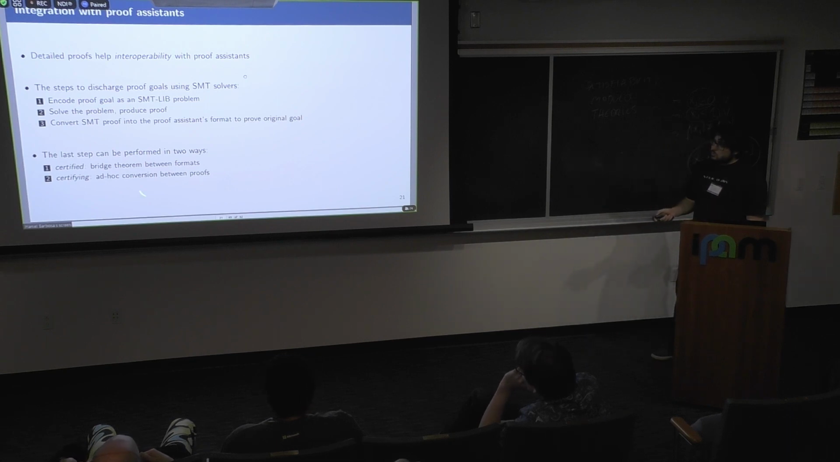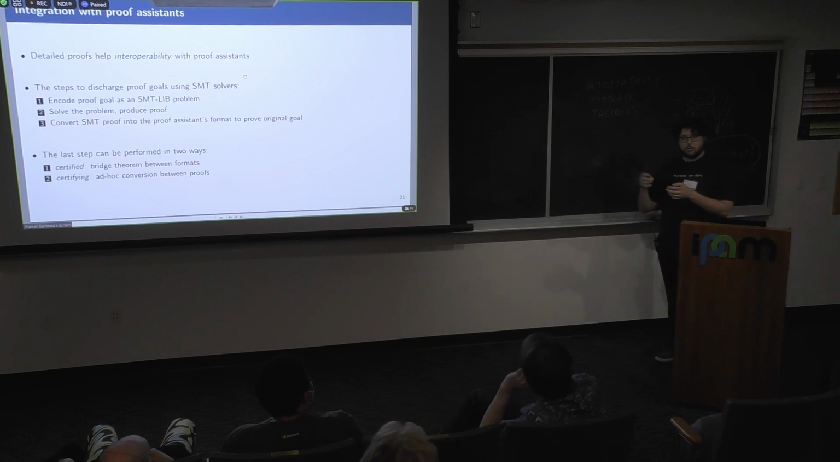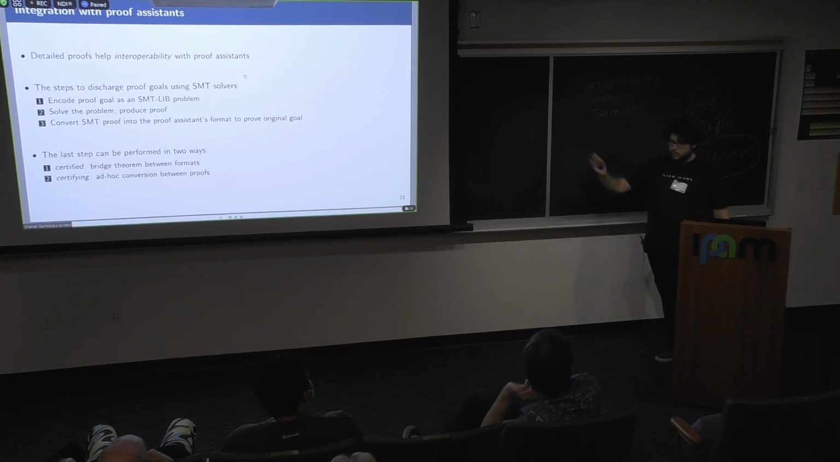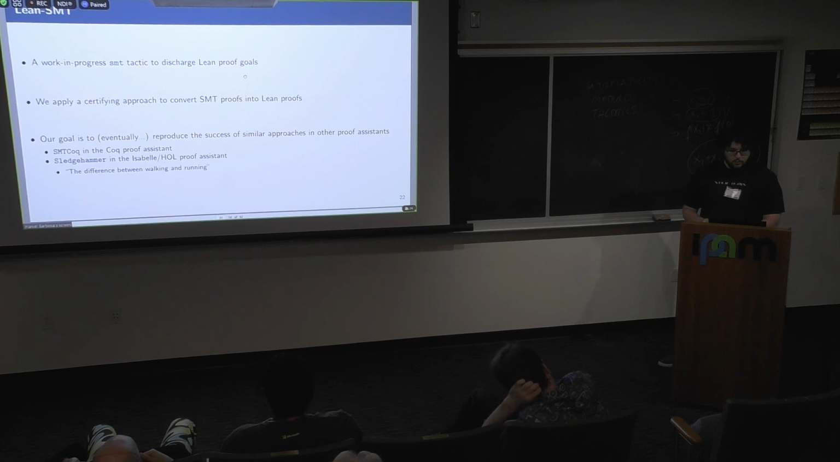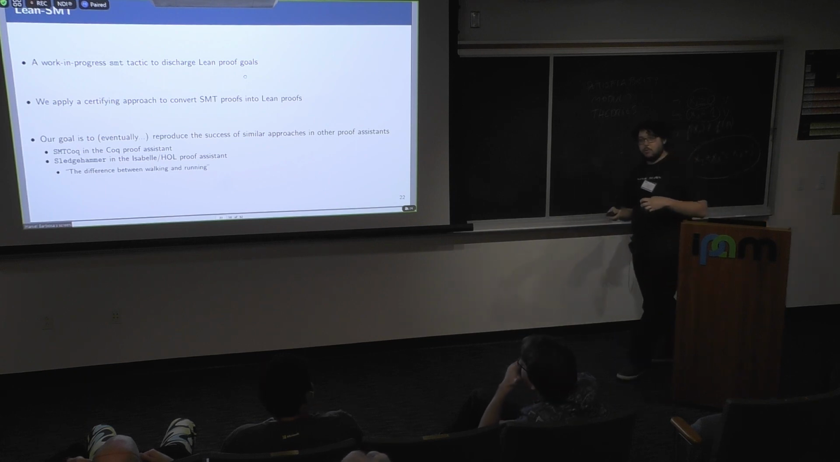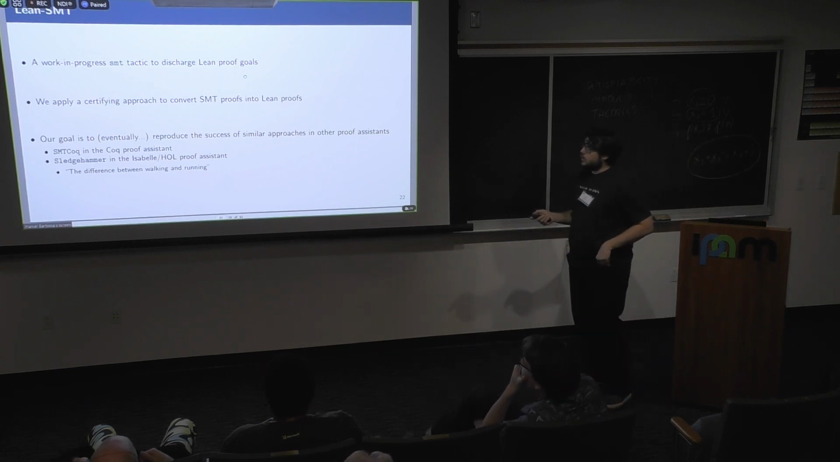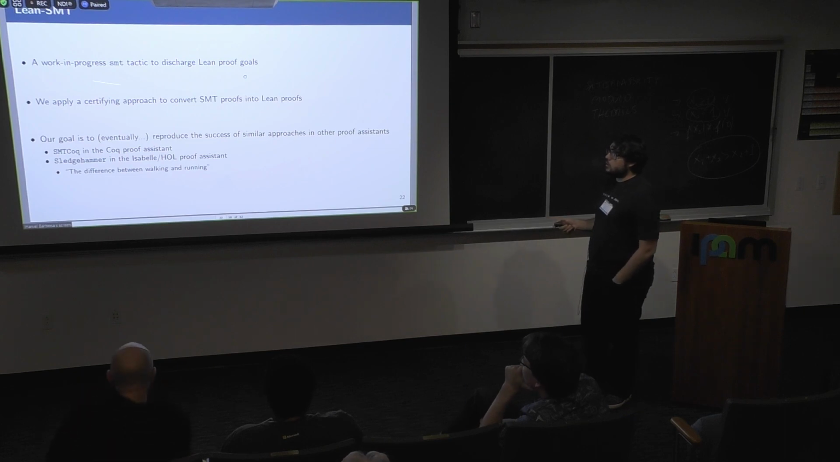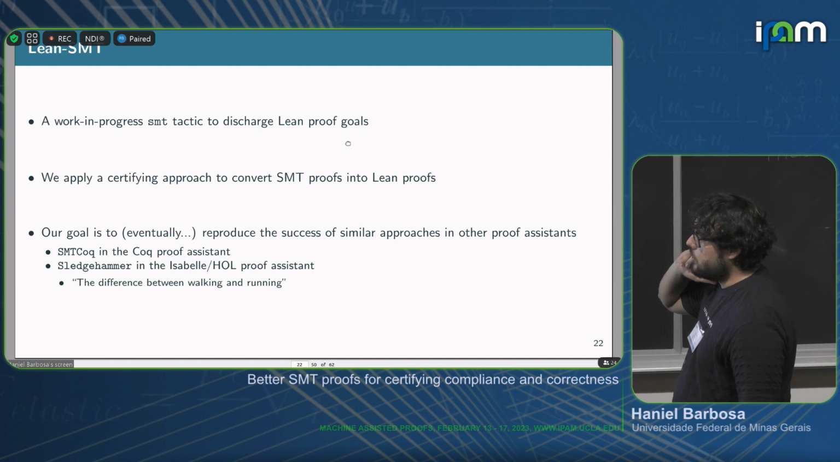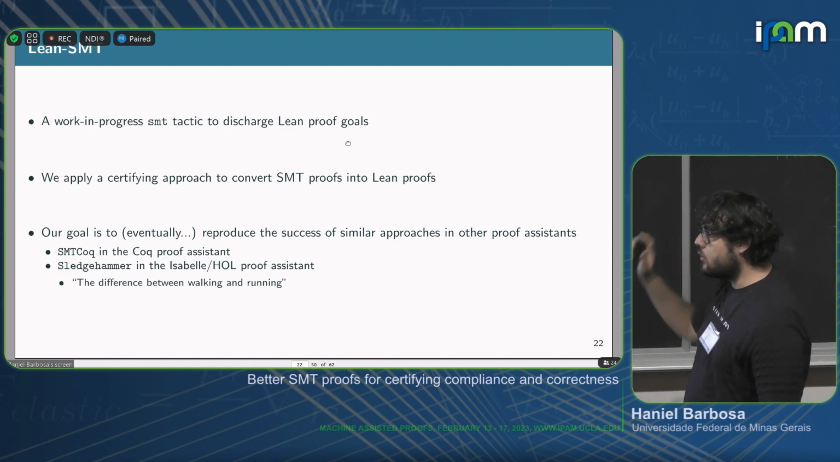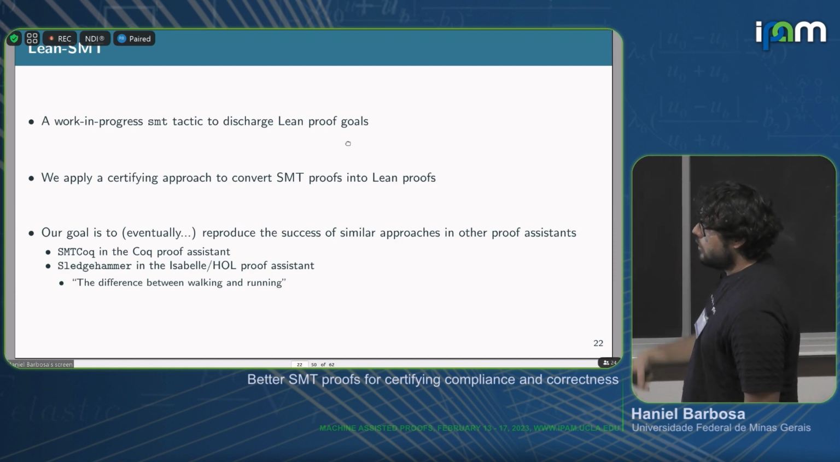There are two approaches to interoperability, certified versus certifying. It's the same idea of correct by construction versus producing a certificate. We think that certifying is more flexible. That's what we are doing. So we have this work in progress, Lean SMT, which is a tactic that you can invoke from Lean that encodes your problem as an SMT problem. It gets the proof the solver produces, lifts it into an original Lean proof,